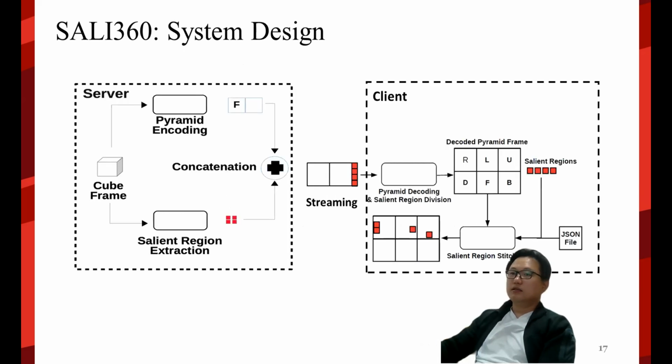Okay. So Setlist 360 is from the cube map, this is original contents, I made it to the pyramid, and at the same time, from the cube map, I made it to the saliency patches. Okay, then I concatenated it to the stream. Now only the video is exactly pyramid with a couple of patches. So the client received a fraction of the contents and